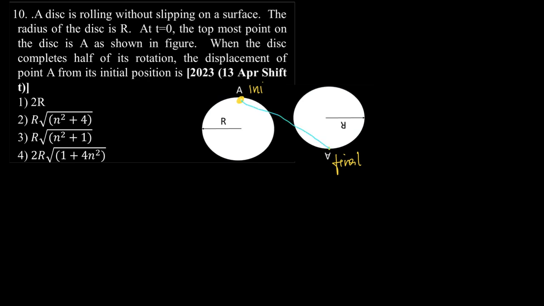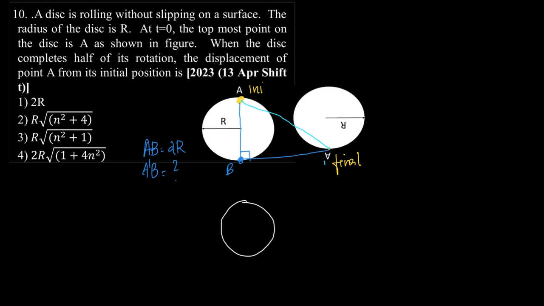This distance, let us say AA dash. Now it is very clear from the diagram that AA dash will actually be equal to the hypotenuse of this triangle, say A B A dash. Now AB is something we know. If this much is R, then this portion will also be equal to R. Or okay, let us not complicate things. Let us say that AB is the diameter, and since AB is the diameter, AB will be equal to 2 times radius, which is 2R. But what about A dash B? A dash B now becomes a question. To explain that,